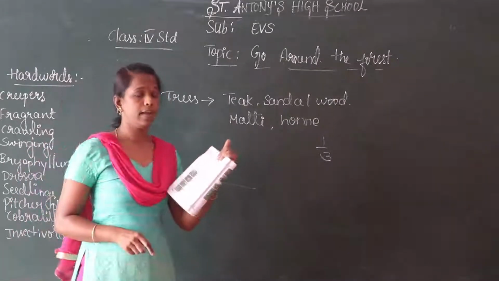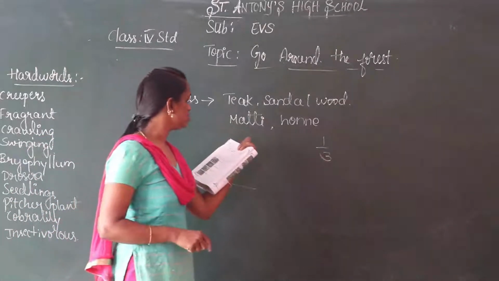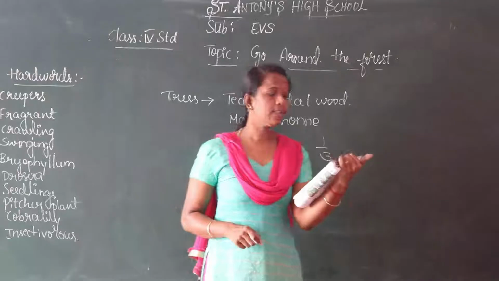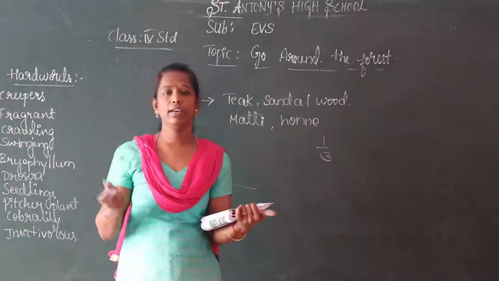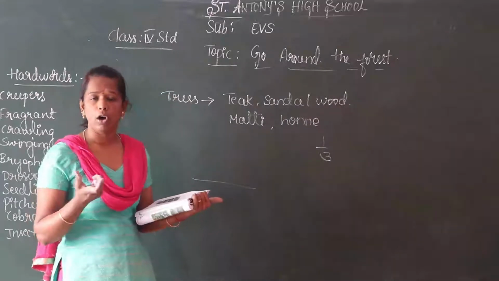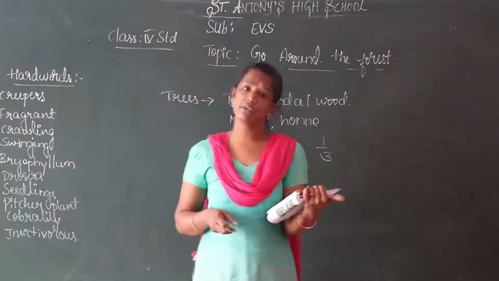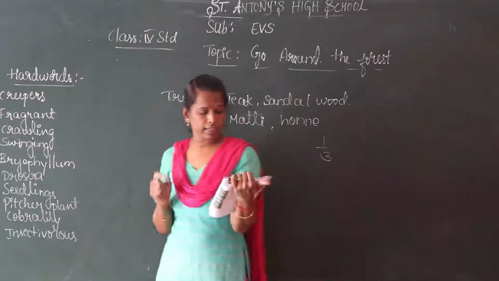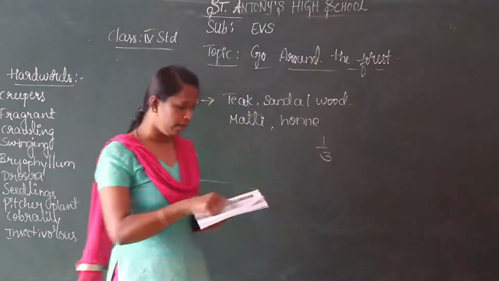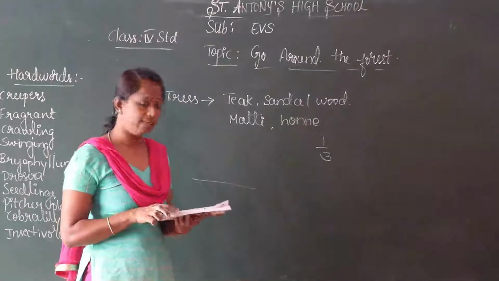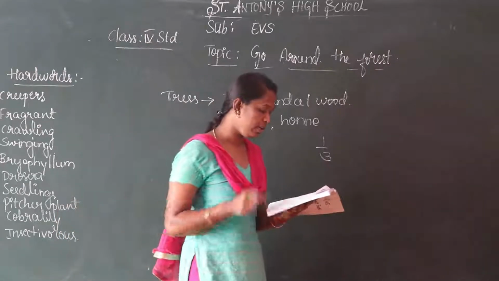I already explained the forest trees are teak, sandalwood, matti, honne. So trees that are grown in your surroundings, trees you know, it may be guava, maybe orange, or it may be a coconut tree, a mango tree is there, no? So you have to write those in your nearest places. And also some of the uses you have to write in the columns. This I will give in the class work. So some more you have to write. So in that one I will take